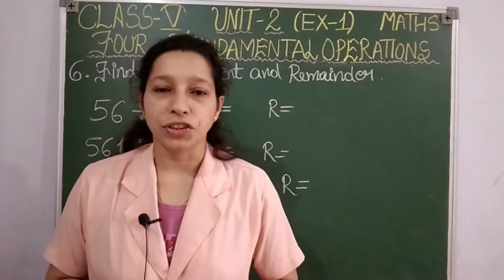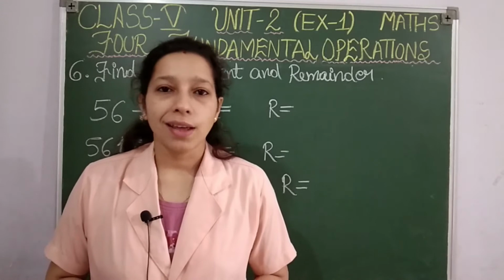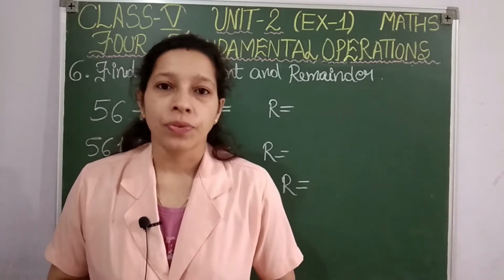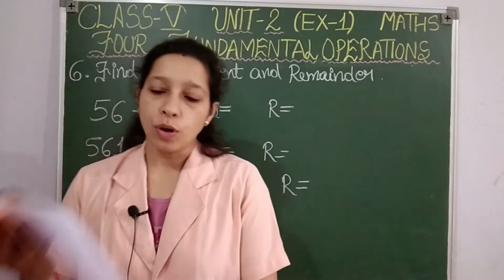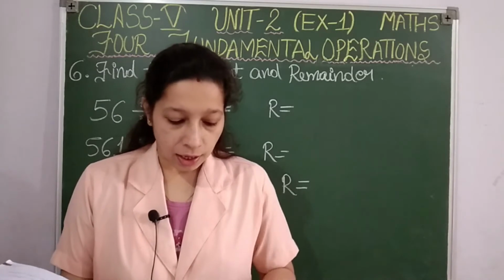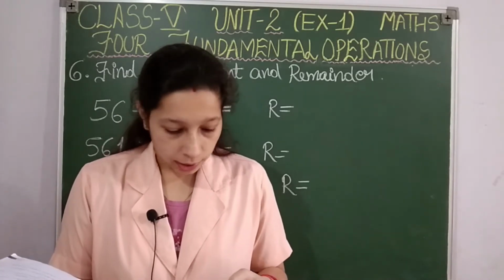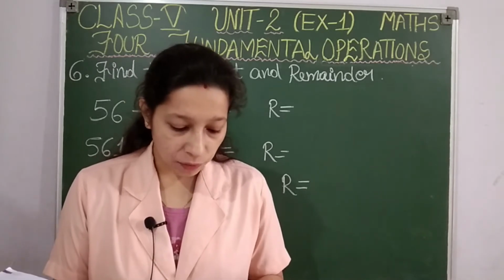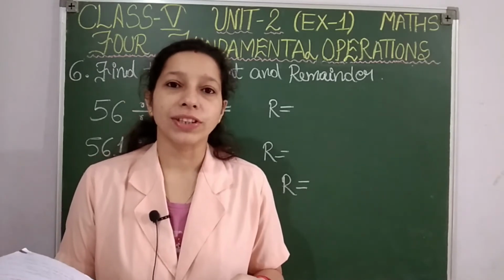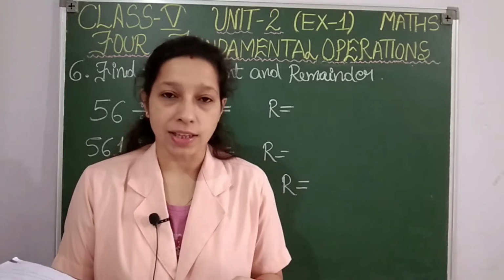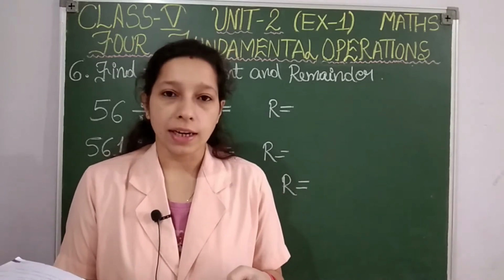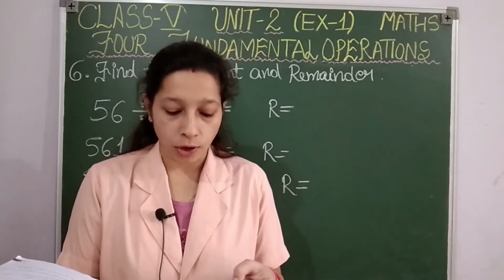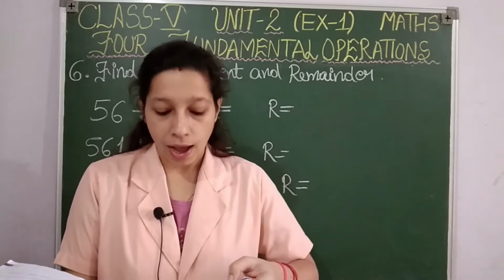So students, question number 6. Find the quotient and remainder. Students, look into your textbook. When you see the points here, from A to F, the numbers are divided with such divisors which end with 0, isn't it? See the first point, 327 divided by 10, B point 4203 divided by 100.